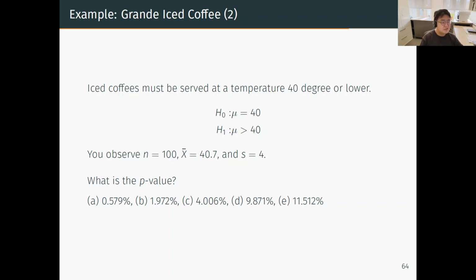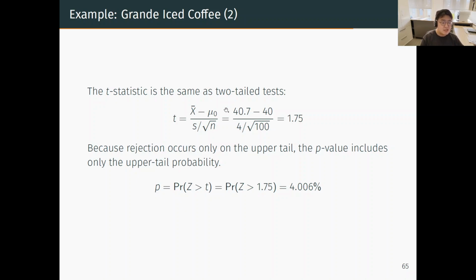Okay, so let me turn the page. First, the t-statistic does not change. It's the same t-statistic as we did earlier. You believe that in your hypothesis the temperature would be 40 degrees, but actually it turns out to be 40.7 in the sample of 100 coffees. And standardize the difference by the standard deviation 4 divided by the square root of the sample size 100. So the standardized difference is 1.75. That is the same t-statistic regardless of the alternative hypothesis. But as I said, we are going to reject only on the upper tail. The p-value only includes the upper tail probability, right? We calculate the probability of being even higher than 1.75, which is